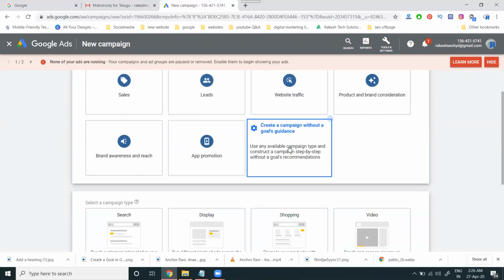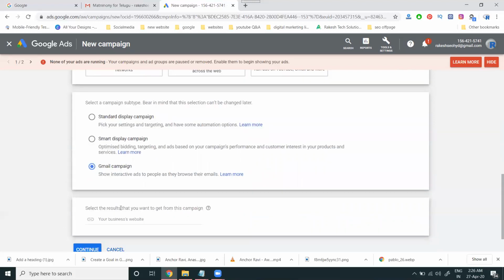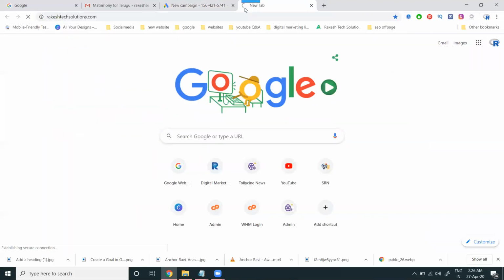We're not interested in that. Go for display. They show three types: standard display, smart display campaign, and Gmail ads. Select Gmail ads. It is compulsory to create it for the Gmail ads purpose. The website address is a mandatory field. If you have a blogger address, that is also suitable for this option. So I'm selecting the website,